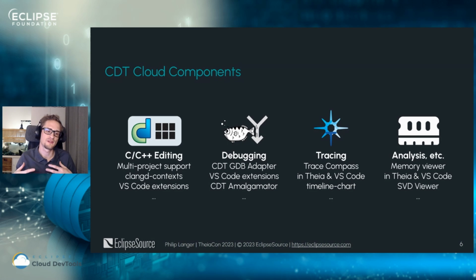So what CDT Cloud then provides in addition is, for instance, ways of better integrating them and managing them in specific use cases. So for instance, to improve the support for multiple projects within one workspace, which is not all too well supported right now in ClangD. So there are extensions of that VS Code integration of ClangD in CDT Cloud that help you better cope with